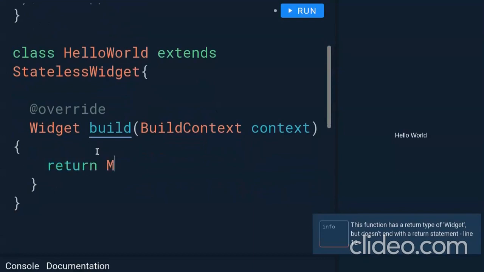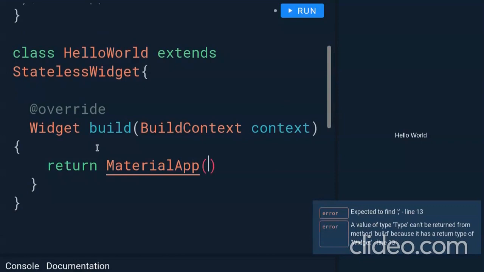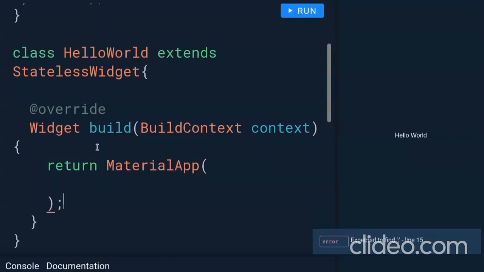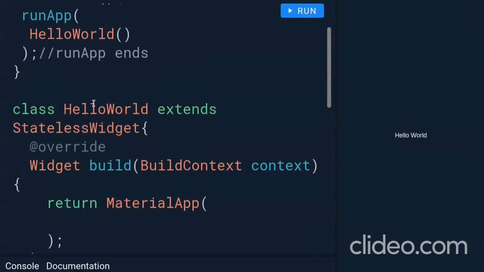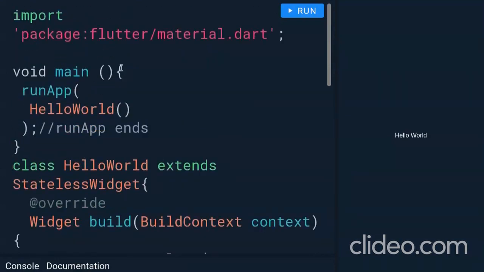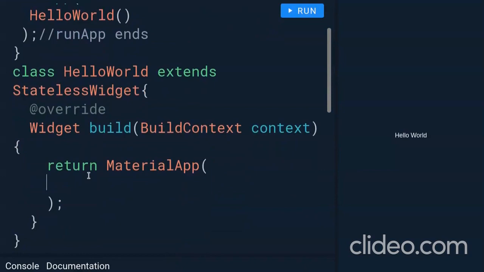So inside the build, we will return a material app. We are returning the material app from our build method, and the home will be a scaffold.